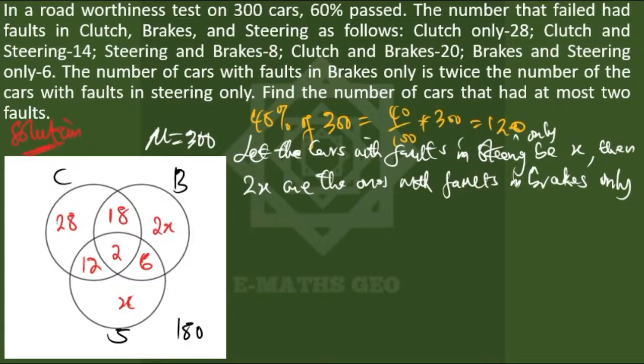So we know that here, therefore, if you sum the ones with fault, it must give us 120. So now we have 28, therefore 28 plus 18 plus 2X plus 12 plus 2 plus 6 plus X must give us 120. Okay. So now we have